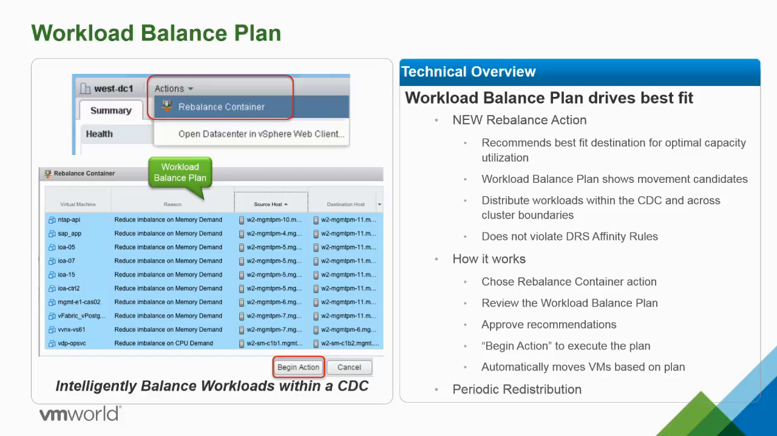Here is a rebalance container action. This is a new action that was introduced in Operations Manager 6.1. Now you can look at those constructs: a cluster, a data center, a vCenter, or a custom data center, that new construct I mentioned, and you can say,